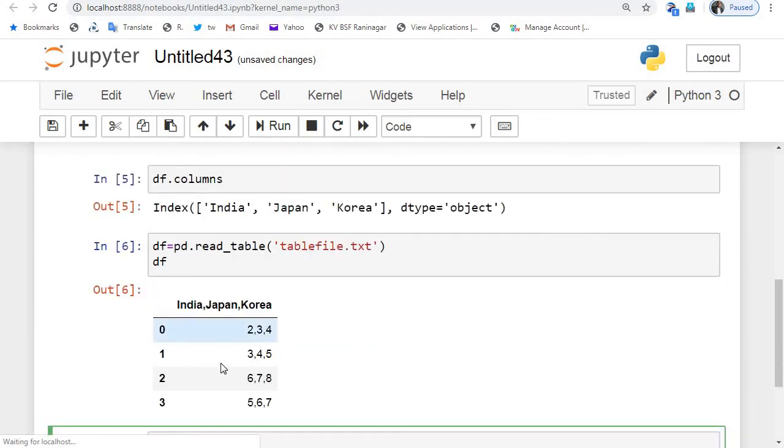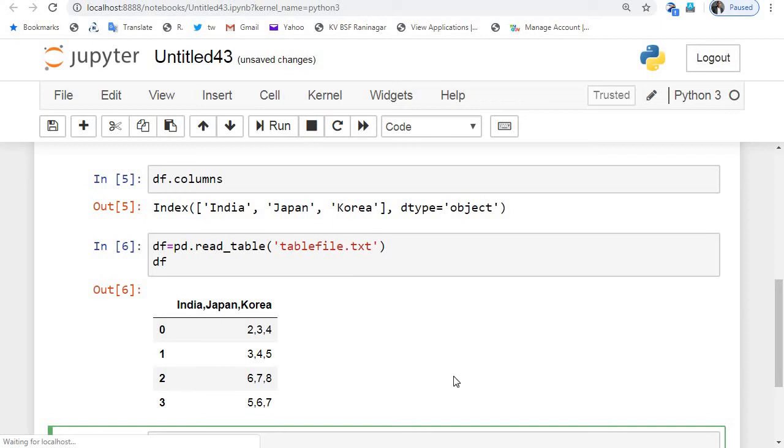You can observe the difference here, because there is no gap of a tab. Tab is the default delimiter when we want to read table data from a file using the read_table method.